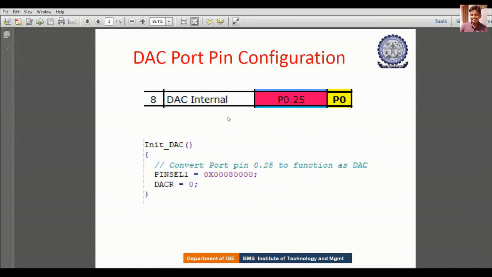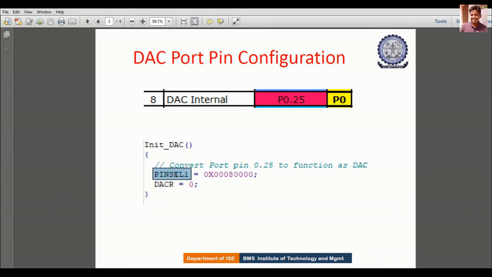In order to use the built-in digital to analog converter, we should enable the port 0 25th pin. In order to use this particular pin, we should select it, right? We can select it by using the pin select register.